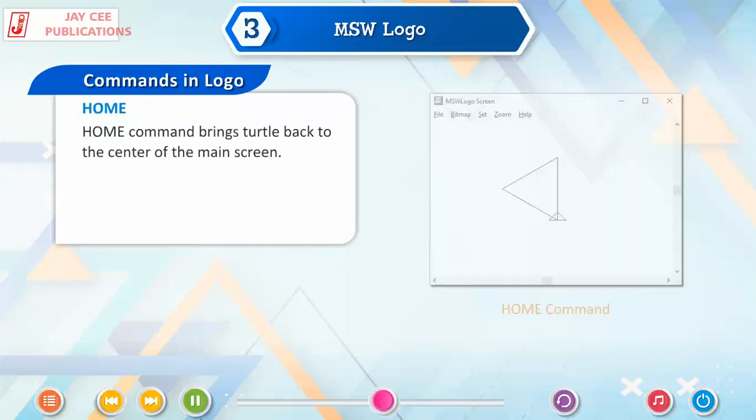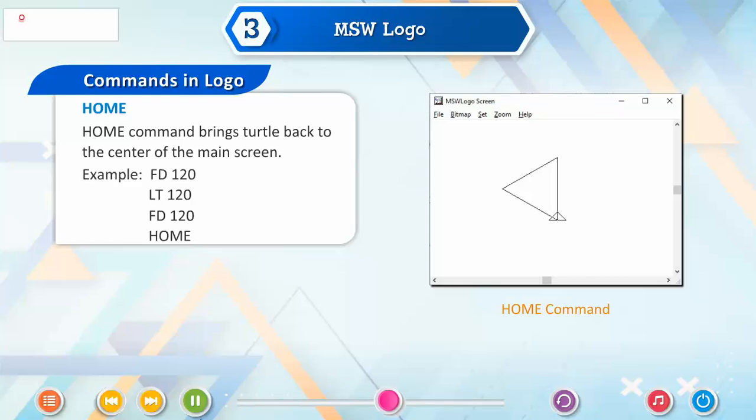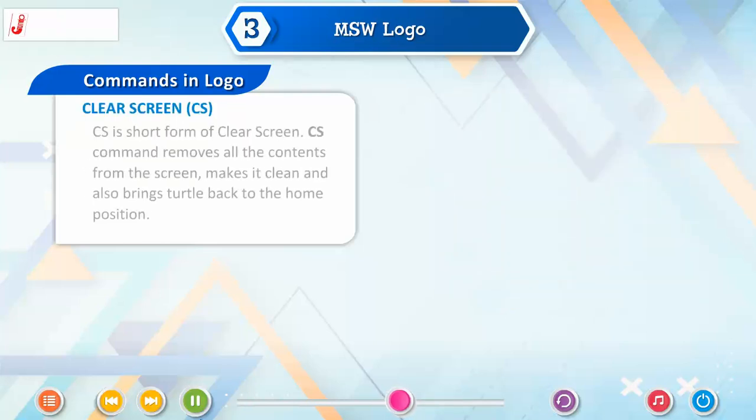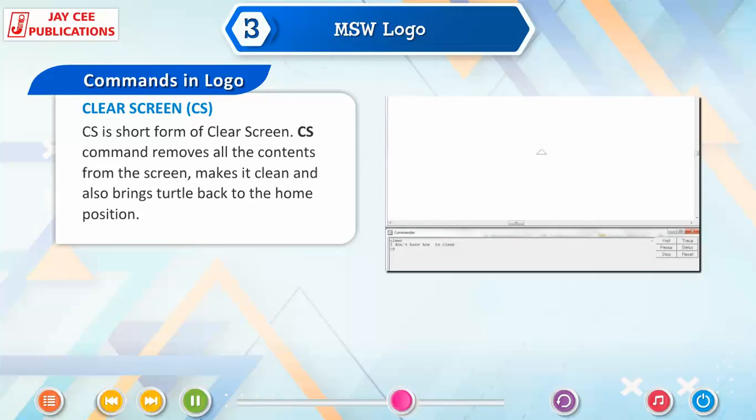Home. Home command brings turtle back to the center of the main screen. Example, FD 120 Enter, LT 120 Enter, FD 120 Enter, home Enter. Clear screen, CS. CS is short form of clear screen. CS command removes all the contents from the screen, makes it clean and also brings turtle back to the home